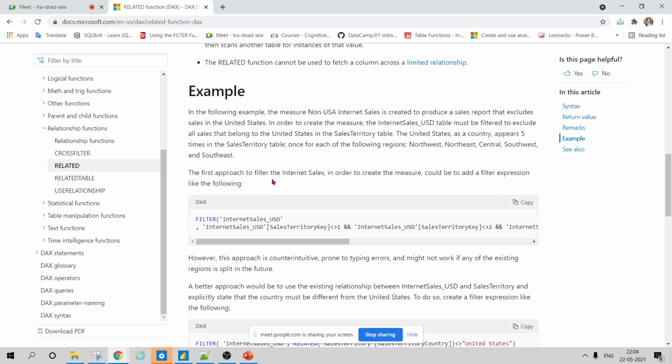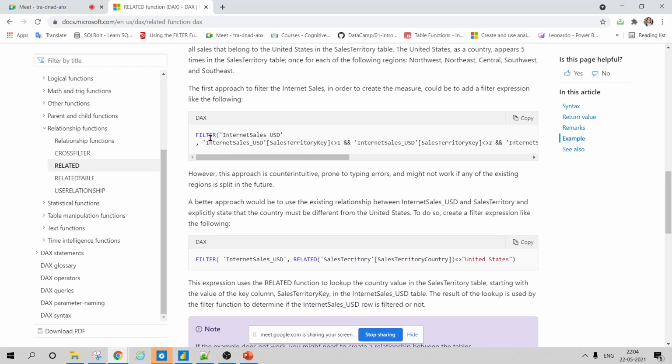The first approach is to filter the internet sales. Internet sales is your table, one side of the table, and in order to create a measure, you could create an added filter expression. Here in this example, the non-USA internet sales is created to produce a sales report that excludes the USA. Now you see that they are trying to filter internet sales USD.